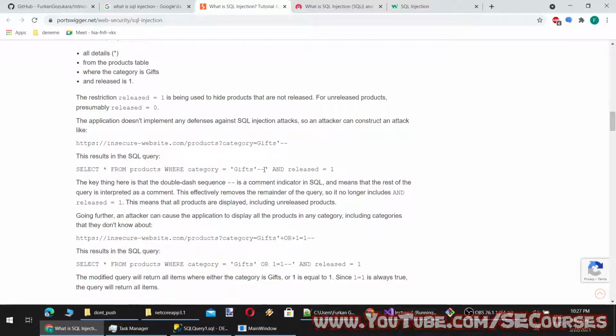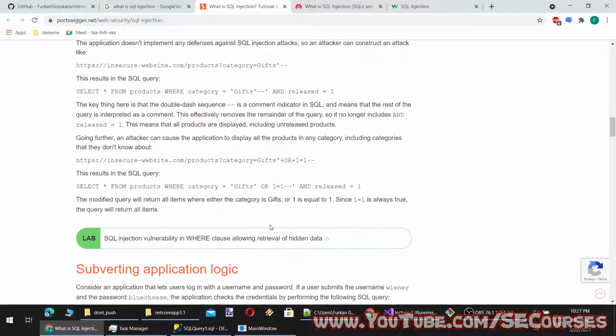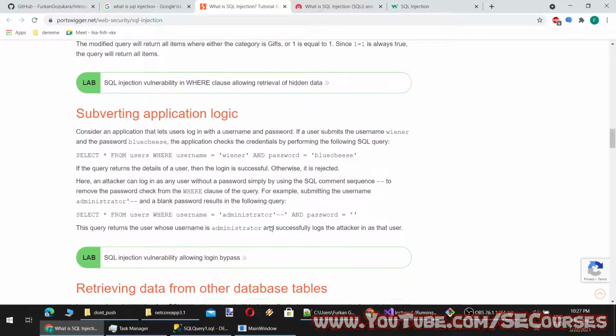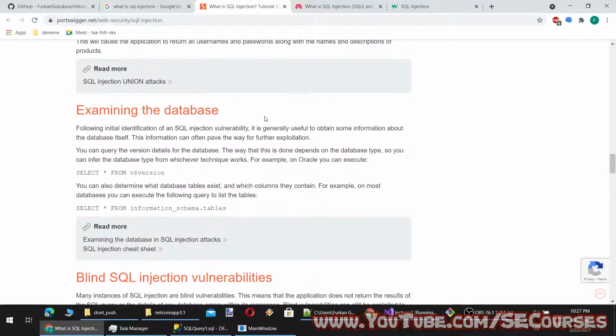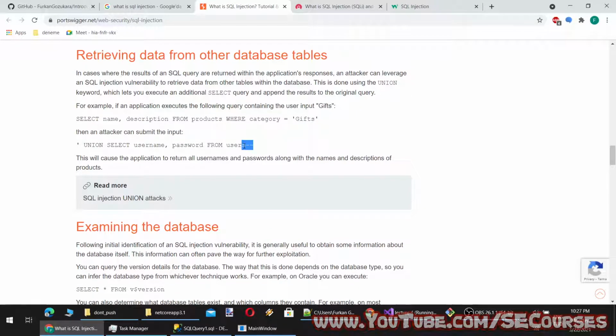Okay, so this is not the thing we need to add. Okay, this means that the rest of the query is treated as a comment.